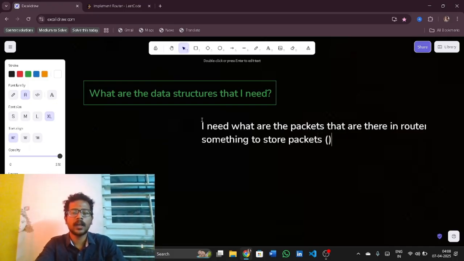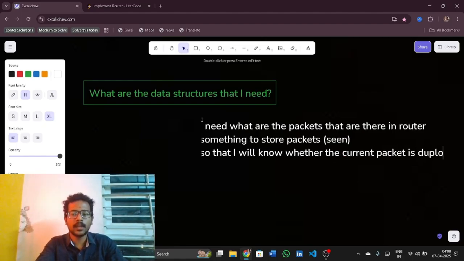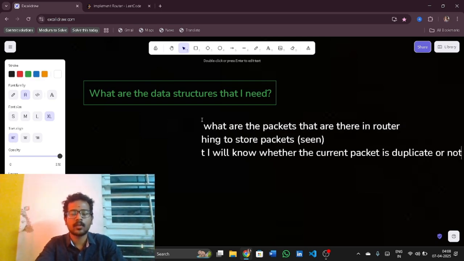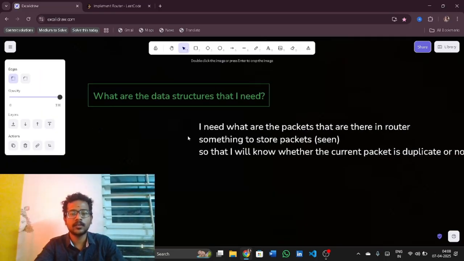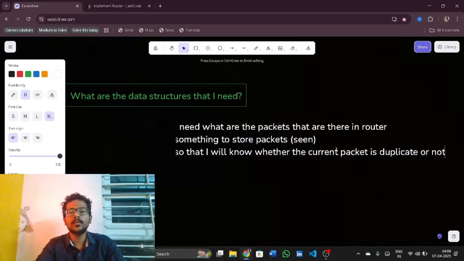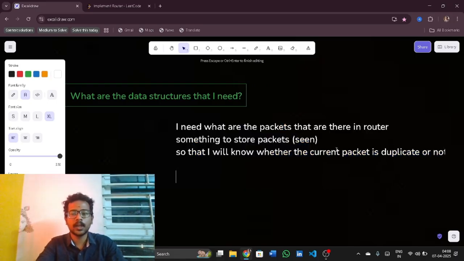I'll name it as seen, so that I will know whether the current packet is duplicate or not. So I need something to store packets. And I need the destination